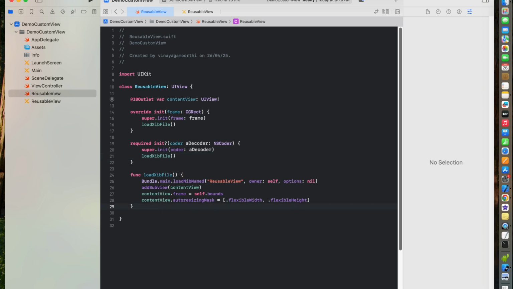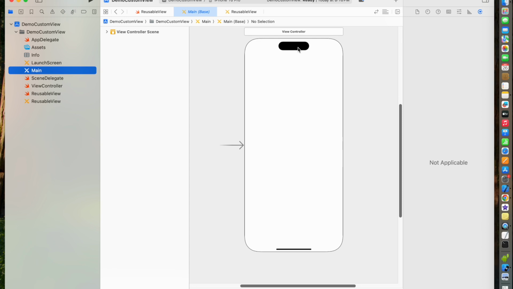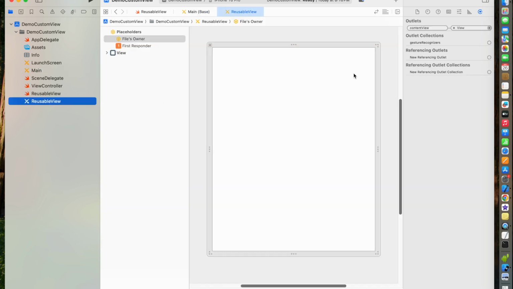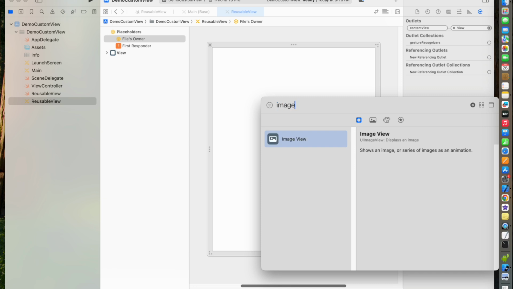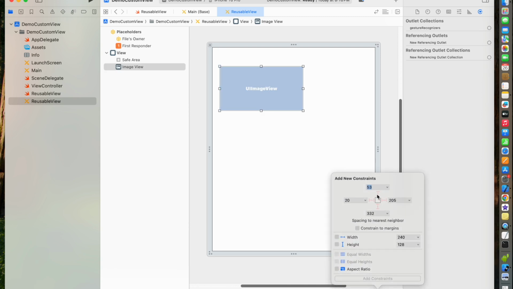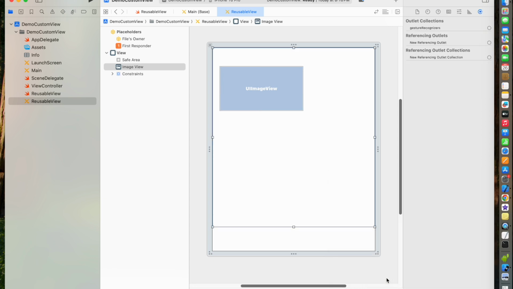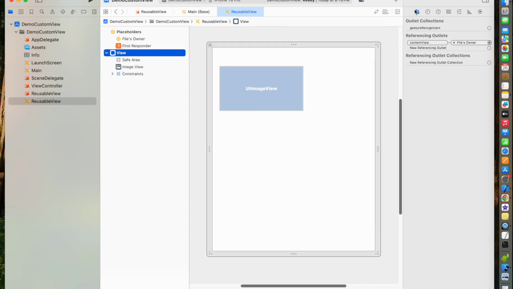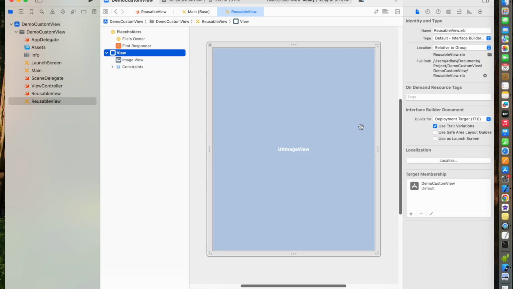So now the thing is, we are going to reuse this reusable view in the main storyboard, and change the color of the image view. So in the reusable view, I am going to add an image view. For now I am going to uncheck this safe area layout, and